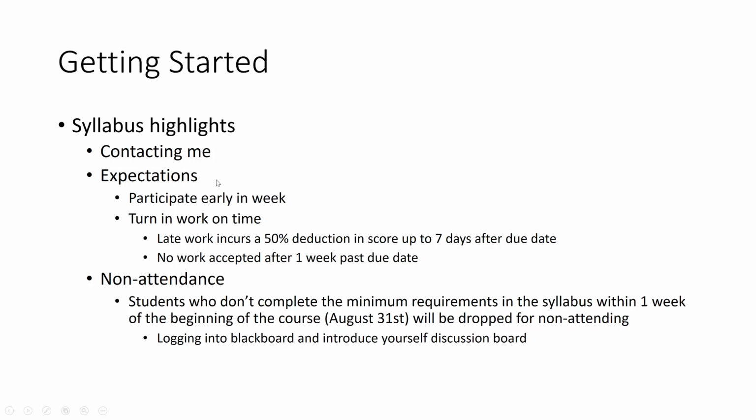As far as class expectations, I do ask that you participate early in the week. In this course, we have a mix of discussion boards and journals, and we'll be doing something in a program called Orange, especially for things where we're doing more complex stuff, as well as items where we are having discussion boards where we want to have some interaction.